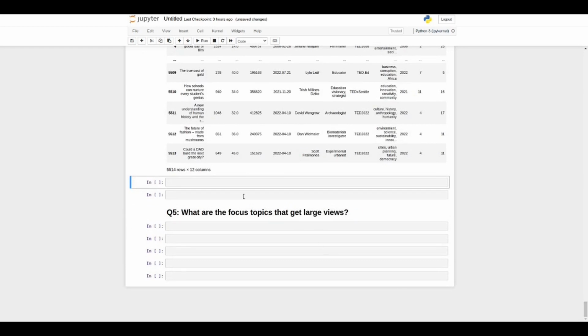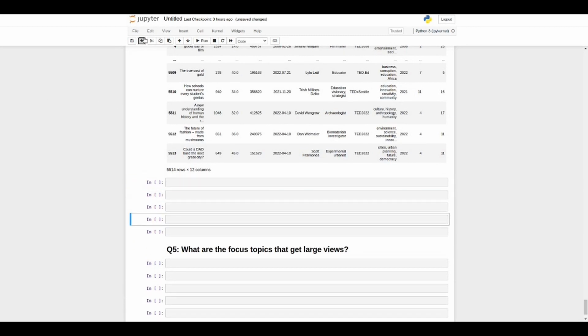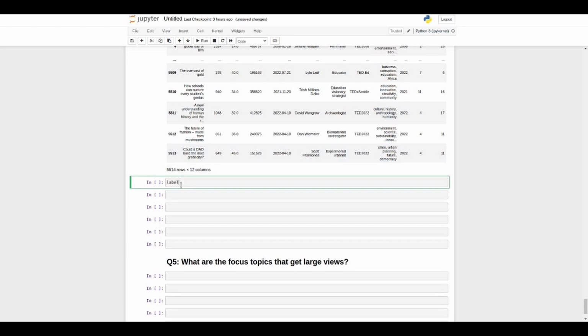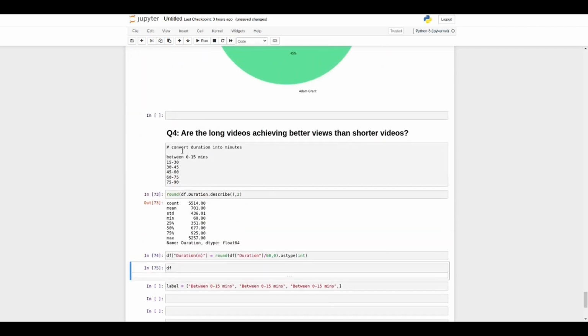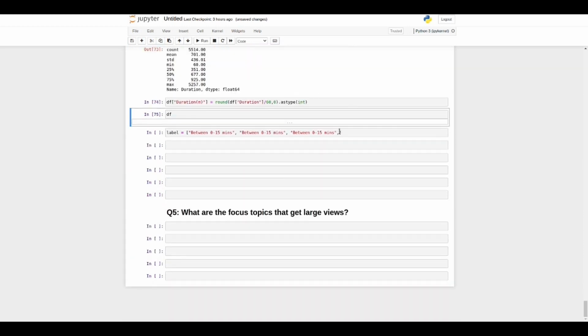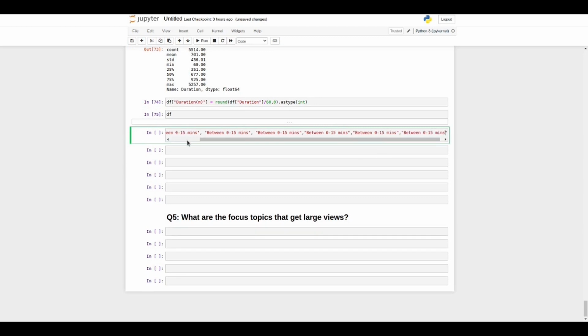The second step will be to make the labels, because we will use the cut function one more time, and let's have more blocks. So labels, or make it label only, and we have between, and let's count 2, 4, and 6. Okay, we need 3 more. Okay, perfect. 0 to 15, 15 to 30,